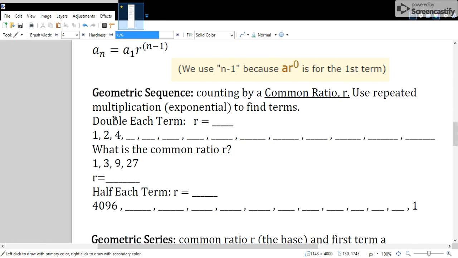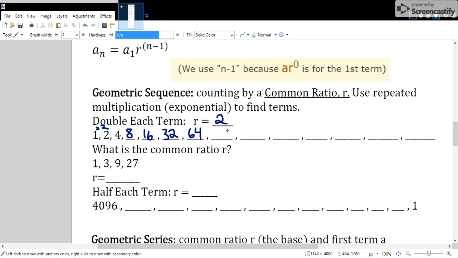So if we double each term, 1 times what would give you 2? 2 times what gives you 4? Well, if we're doubling it, we're multiplying by 2 each time. So our common ratio r would be 2. So if we double these, 4 plus 4 is 8, 8 plus 8 is 16, 16 times 2, 32,